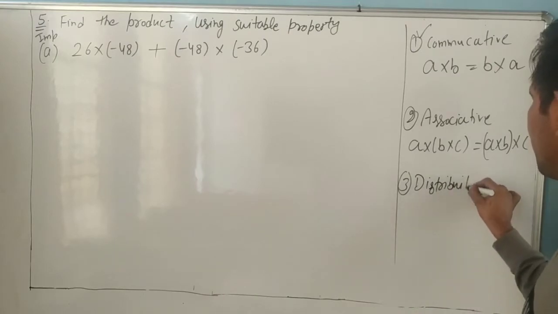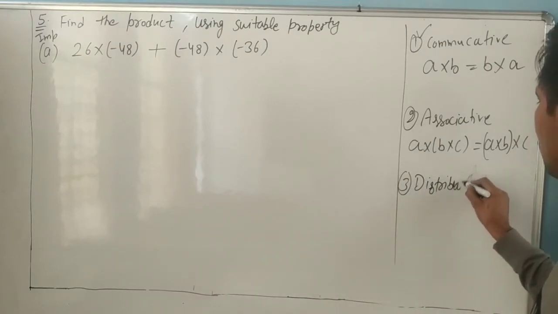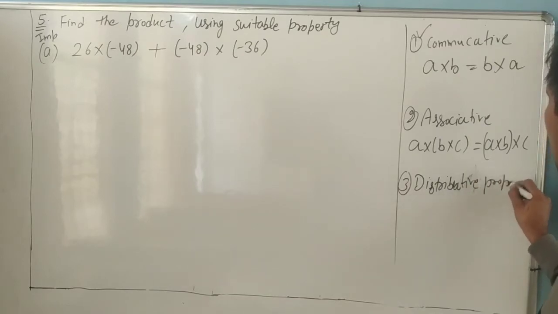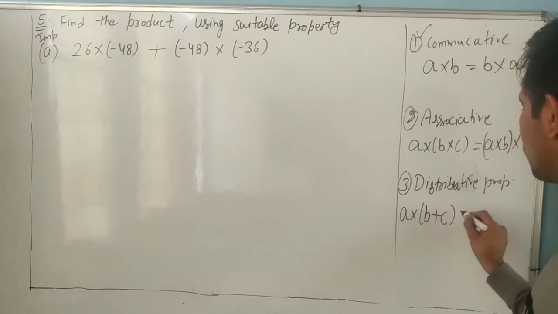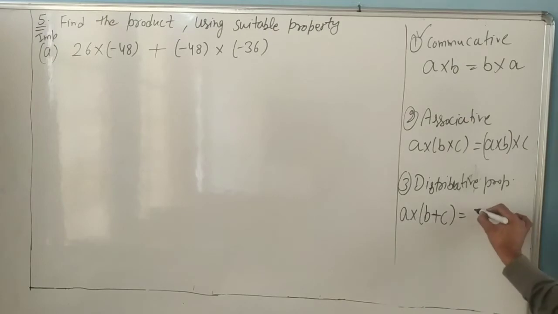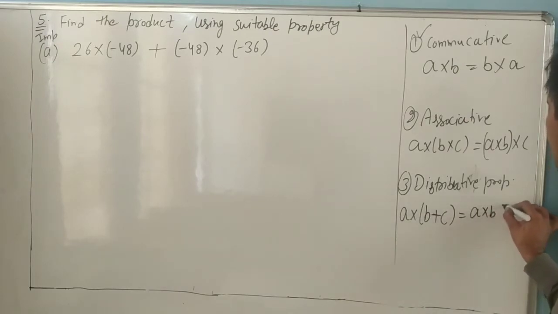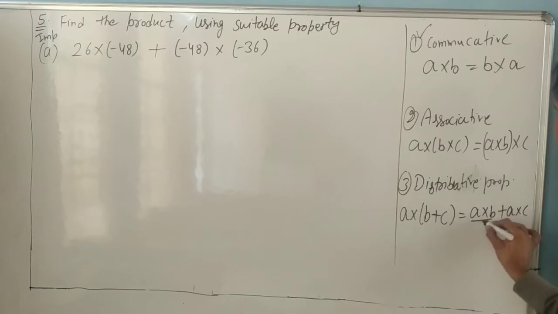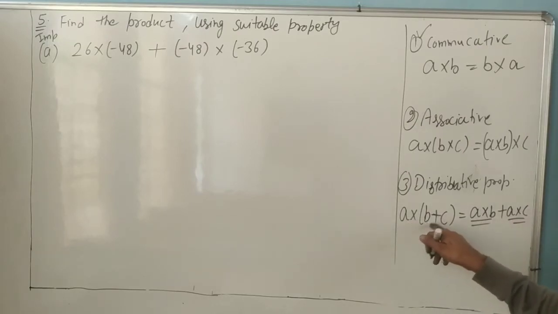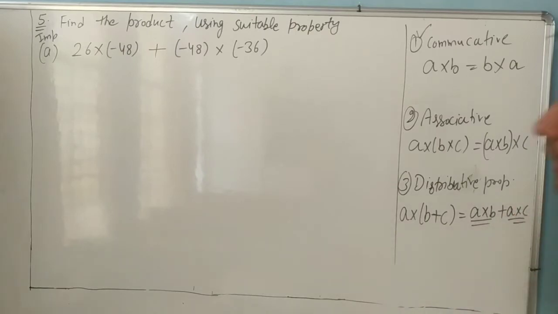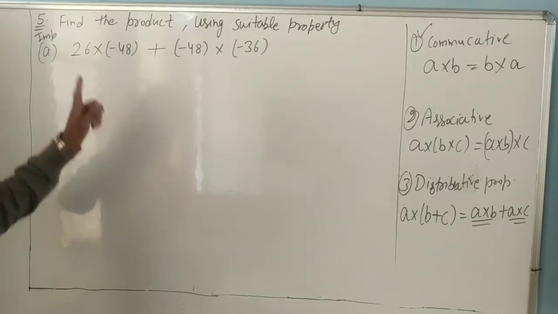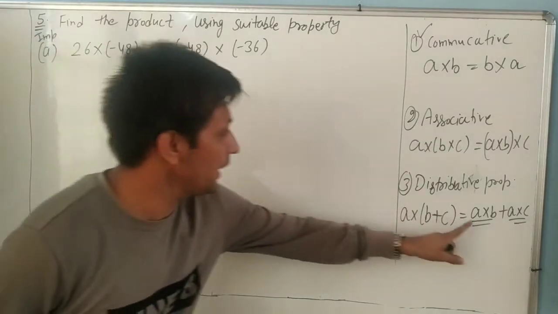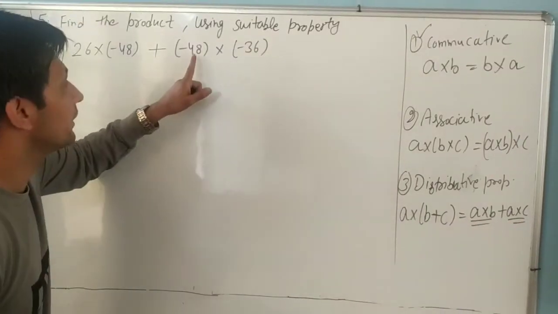And third, very important, the distributive property. Everyone knows what A into B plus C is. In the distributive property, multiplication and addition both are used. So A into B plus A into C. It is so, or not? A multiplied by B, and now plus A into C. So look at it. First we have to identify which property. Yes, A into B and A into C. But here it is C and A. So what will we write? It is A into B.